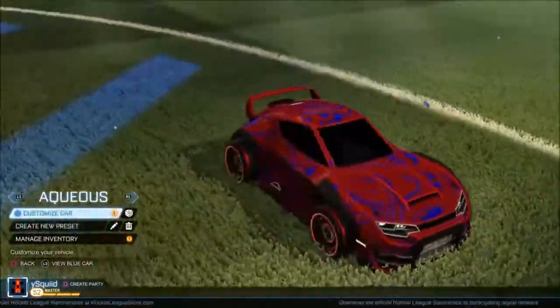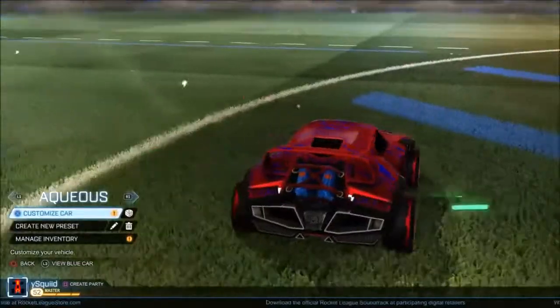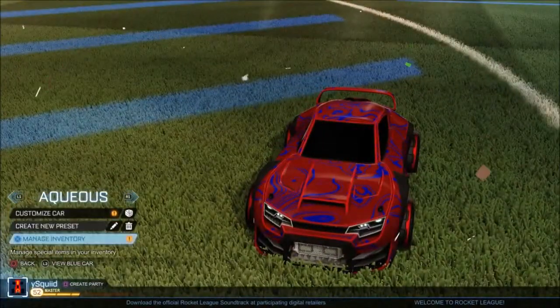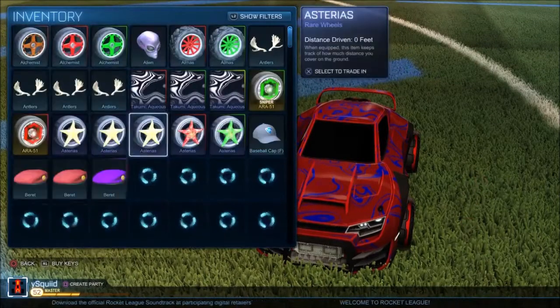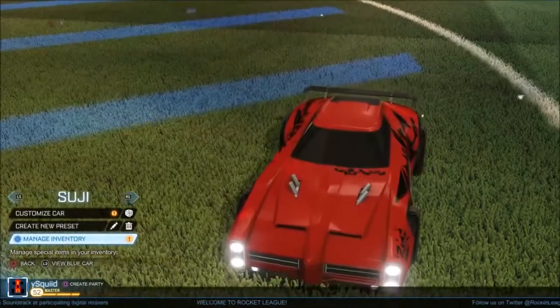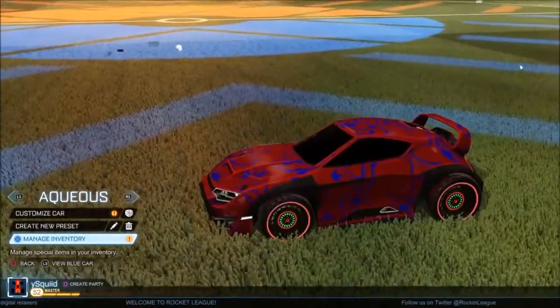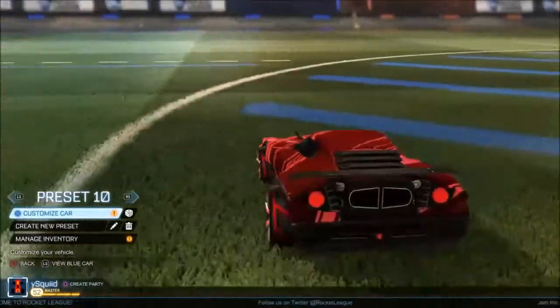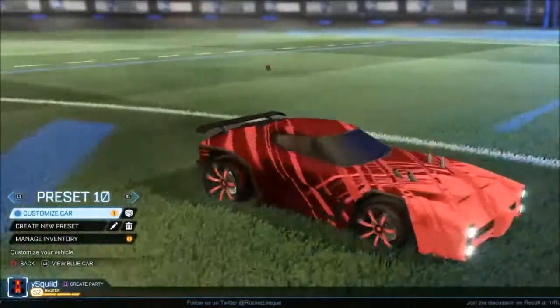So yeah, we're going to go ahead and just get right into this. So basically, as you may know, I'm the crimson guy. I collect all the crimson stuff, and so far, if I go to my inventory, from the new Turbo Crate, I have the new Crimson Decals: Aqueous, Aqueous, Suji, Haiwa, Kawaii, Griffin, and I also have the new Septums, which you see on this car right now, that are pretty nice, and I just sold White Tachyon for 12 keys,